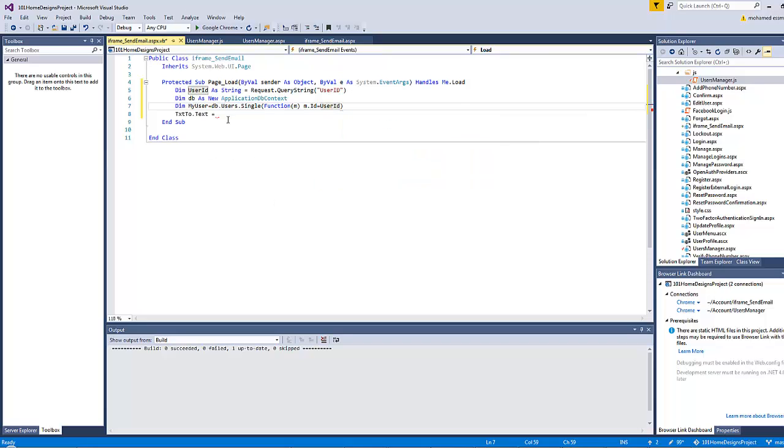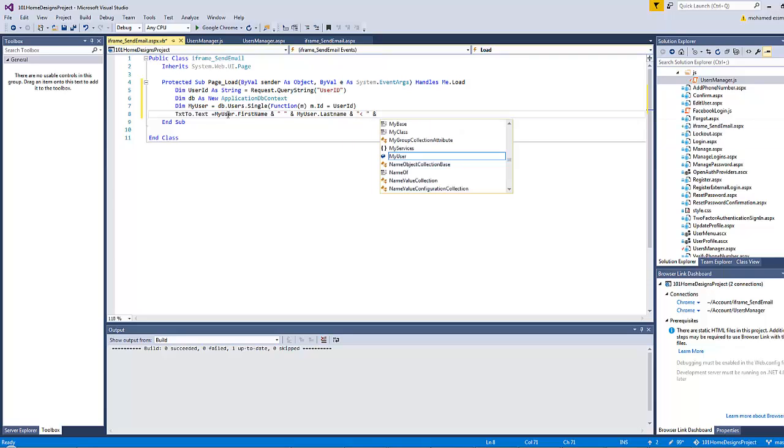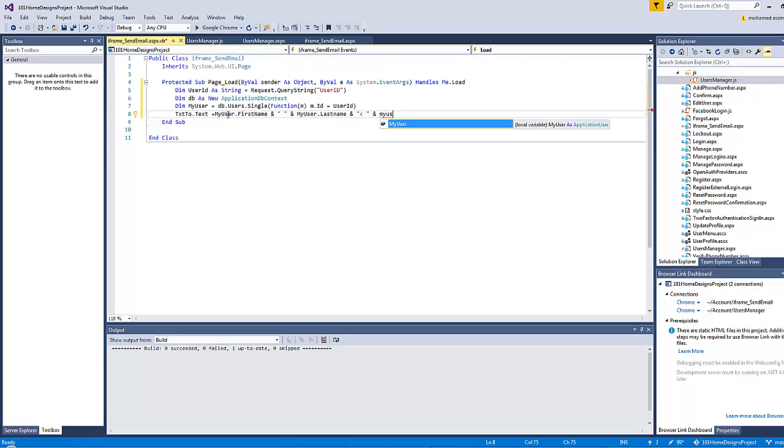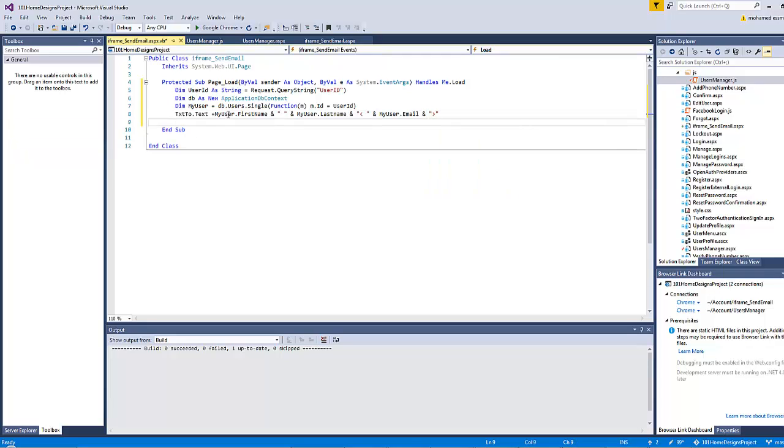Okay, now text2.text will be my user dot first name and space and my user dot last name and bracket and my user dot email and closing bracket. Okay, now let's save all and rebuild our project,